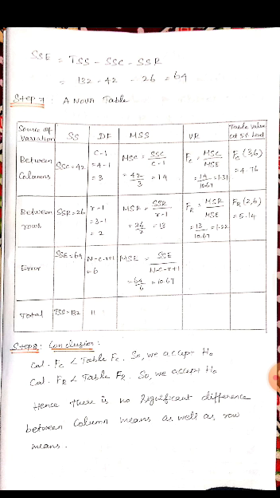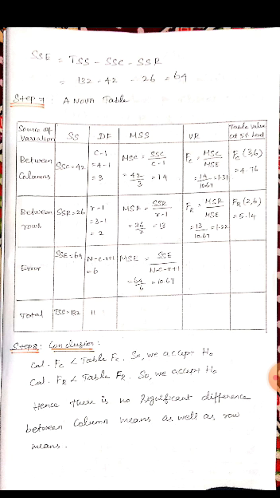The second row will be between rows, which is SSR. If I want the value, here also it is R minus 1, the number of rows minus 1. Just substitute the value. Then MSR will be the mean square of the rows. So the formula will be SSR divided by R minus 1. Substitute the value, and we get 13.